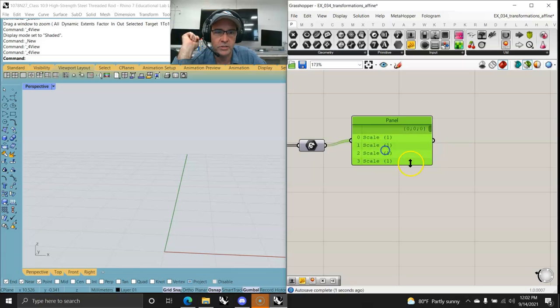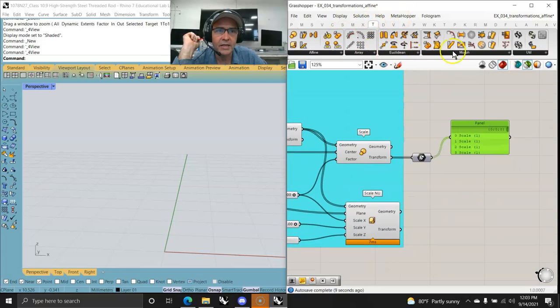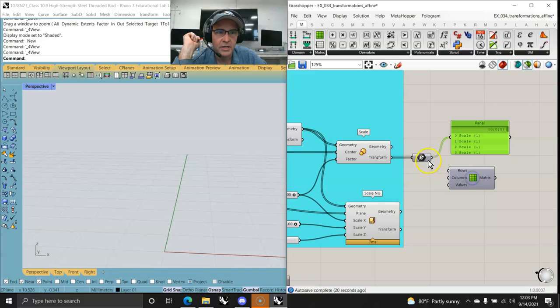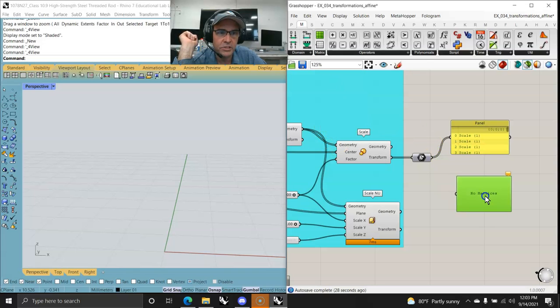Any transformations, those are the scales and the details of what's happening on each one just by one. But I'm going to go in here and take a look at transformations, maths, matrices, transpose, construct matrix, swap columns. No, it's not construct columns. Where am I going to find this? Transpose matrix, display, matrix display,